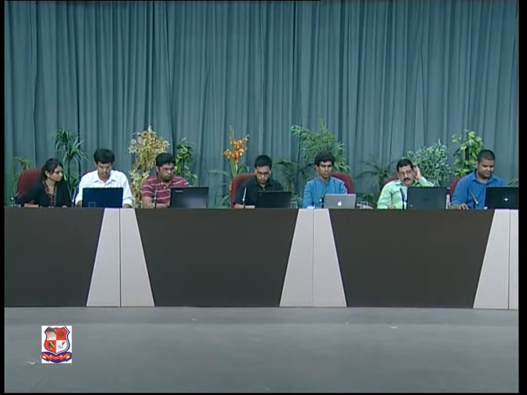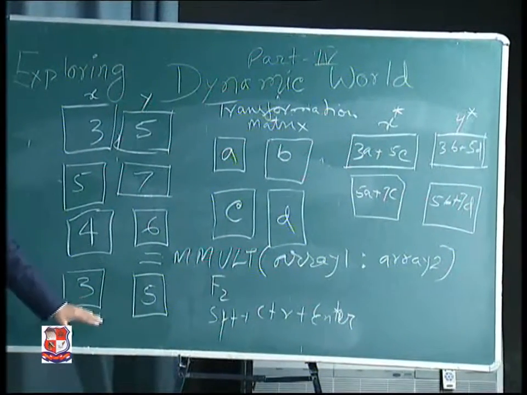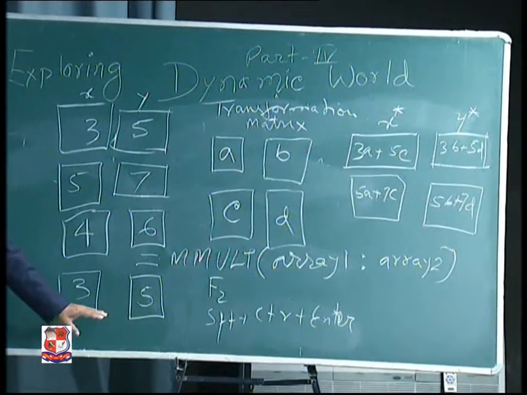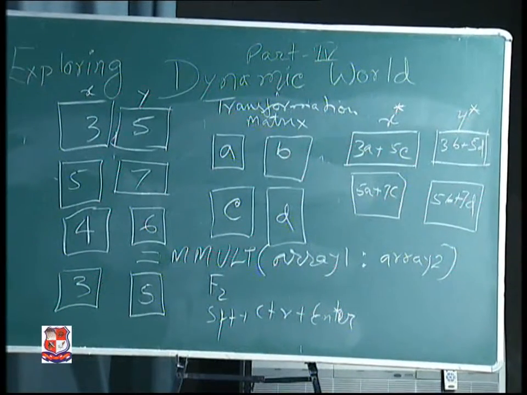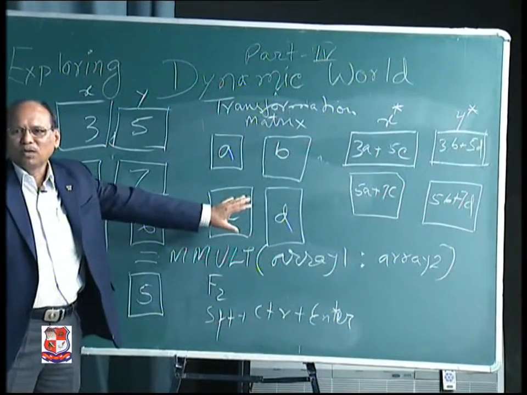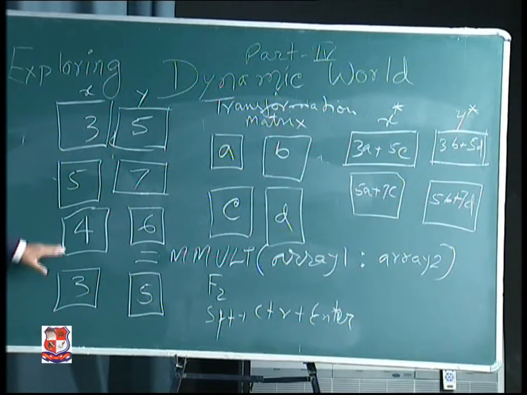Now we have seen that this number of points can go on increasing infinitely. You can add any number of points, but your transformation matrix is 2 by 2. It will not go on changing depending on your shape. Whatever shape you put, the number of points will go on increasing, but this transformation